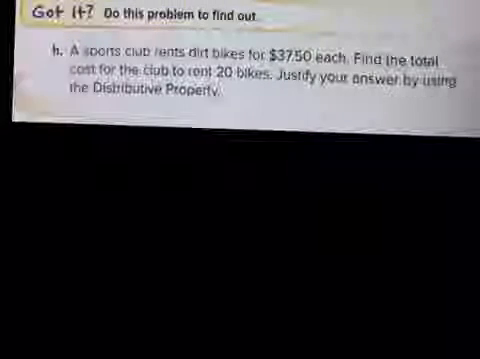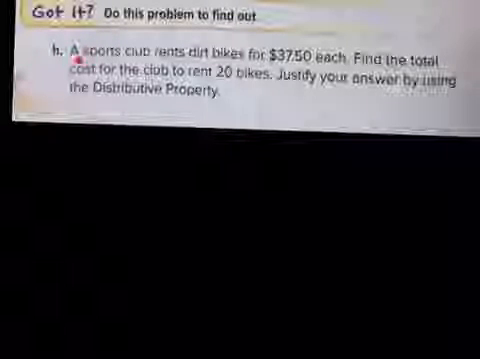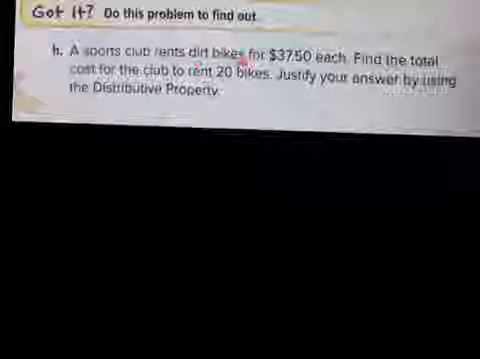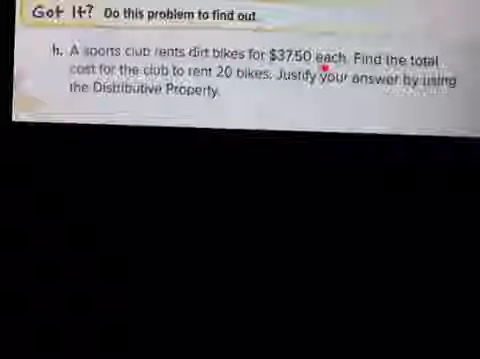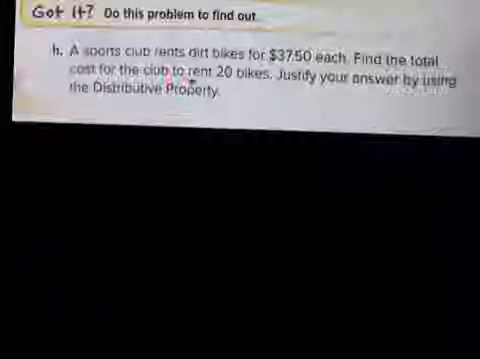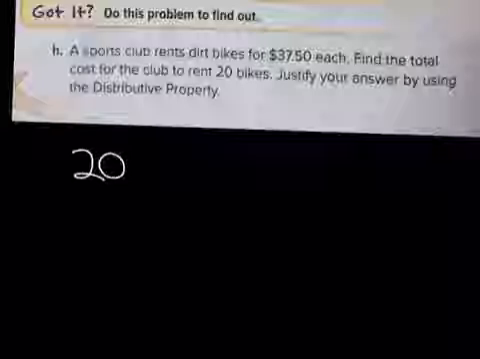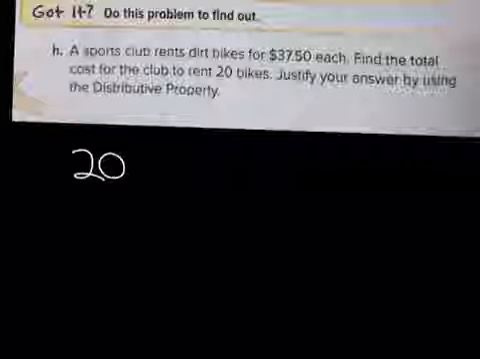So I hope you paused the video and actually looked carefully through that example. Let's do this one. A sports club rents dirt bikes for $37.50 each. Find the total cost for the club to rent 20 bikes. Oh my goodness, 20 bikes. Justify your answer by using the distributive property. Okay, well, we have 20 bikes